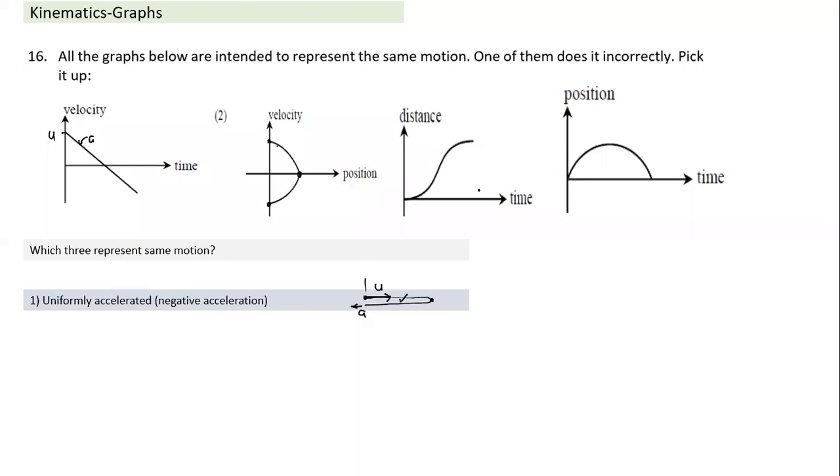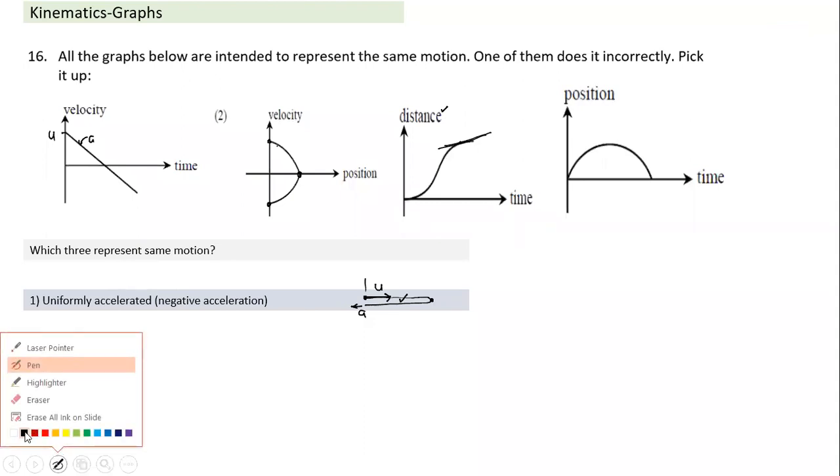When I come to the third one, what is given here is not displacement, it is distance. When you have distance and time, if I draw a tangent at any point, what would the slope of the tangent indicate? What would the slope of a tangent to a distance time graph indicate? Velocity, sir. It's not displacement, it's distance. That's what I'm asking. Otherwise, I would not have asked. Oh, okay. What would it indicate? Tell me again, try again.